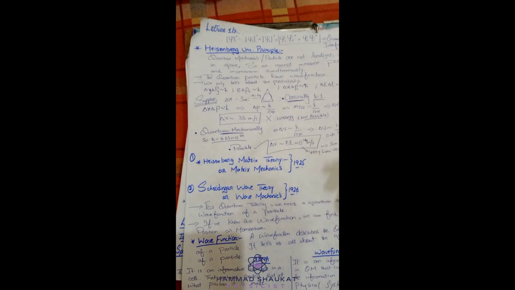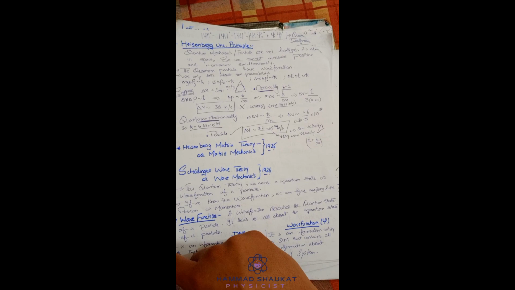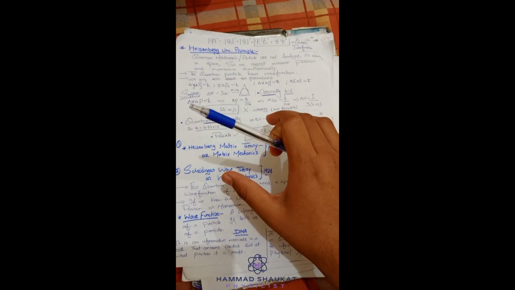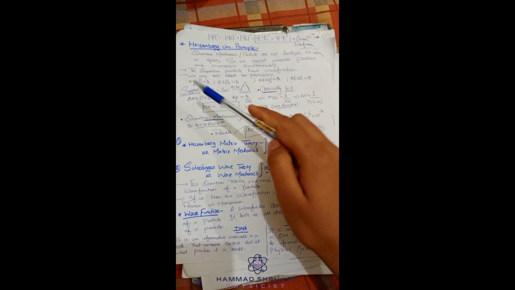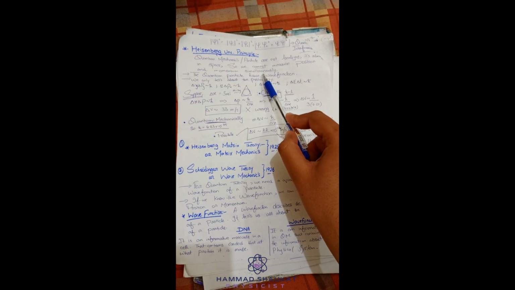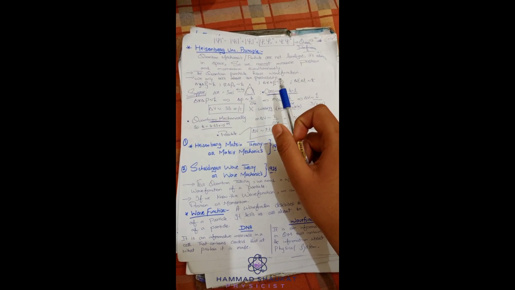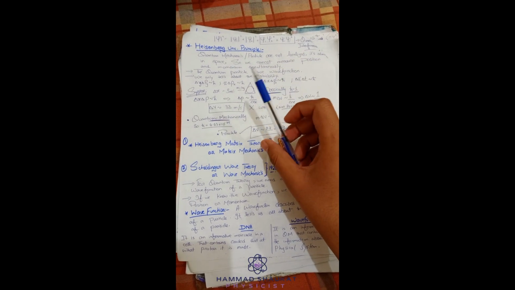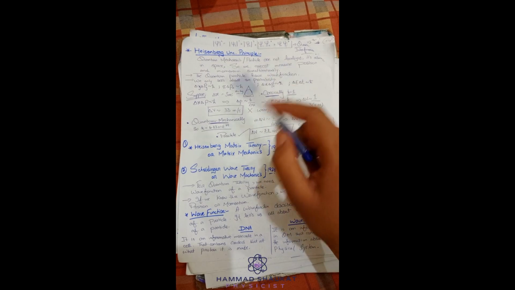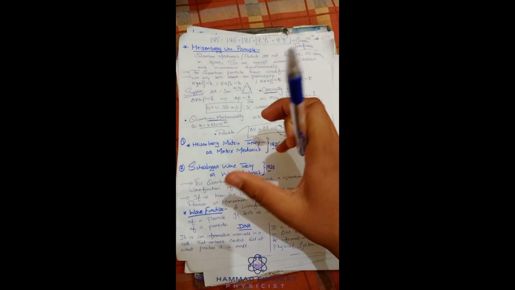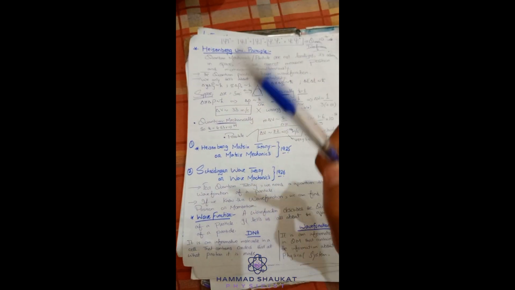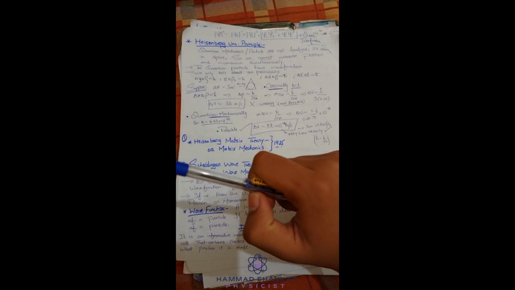Okay, so the next thing is the Heisenberg uncertainty principle. In quantum mechanics, particles are not localized. I already told you, it is not deterministic. You cannot localize a quantum particle, it is always in space. So we cannot measure position and momentum simultaneously. If you are finding position, there is uncertainty in momentum. If you are finding momentum, there is uncertainty in position. Because a quantum particle is continuously changing its direction, it is not deterministic, so you cannot find momentum and position simultaneously.